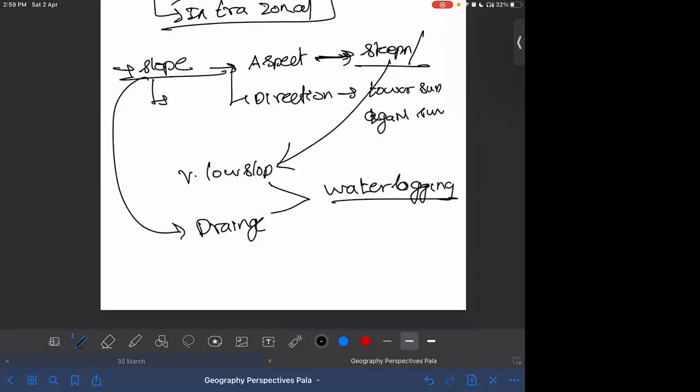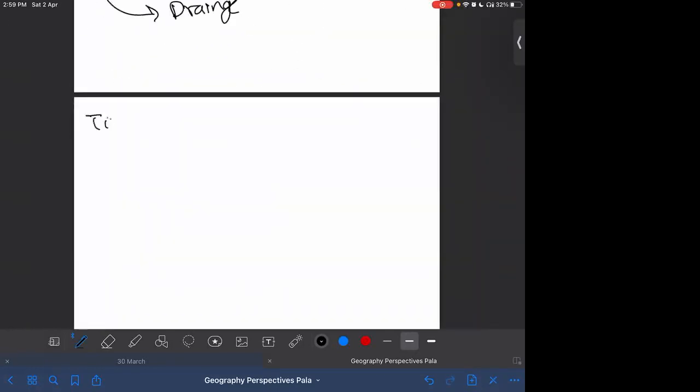Right. Now the last one is time. For climate to act and for proper development of soil, you need a long time period for that soil to develop into the horizons or the profiles. It takes a lot of time for the soil to lie there and for eluviation and so on to happen, for soil development. The climate and other elements have to act on that.